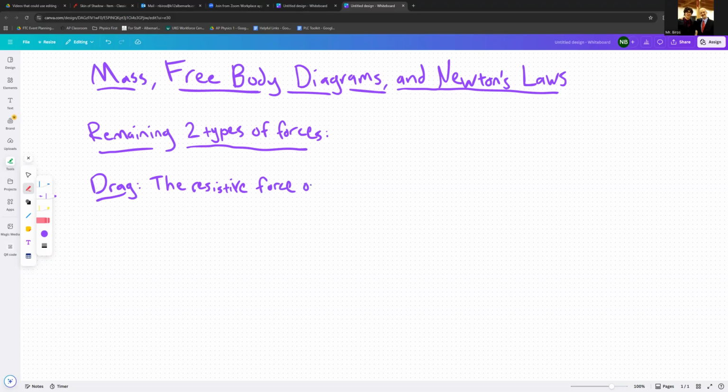So it's a resistive force opposing the motion of an object. And that way it behaves a lot like kinetic friction, because when an object moves on a surface or slides, kinetic friction opposes that. In this case, it's an object moving